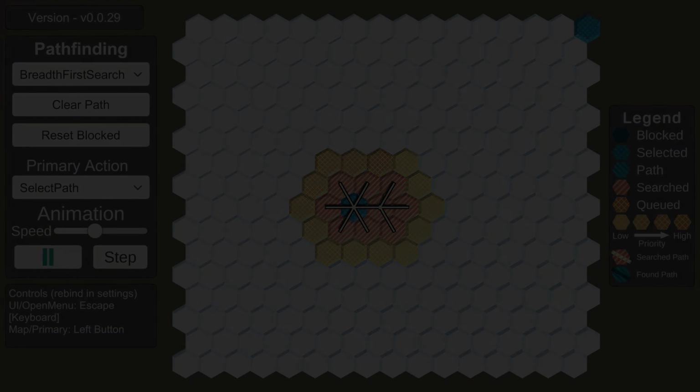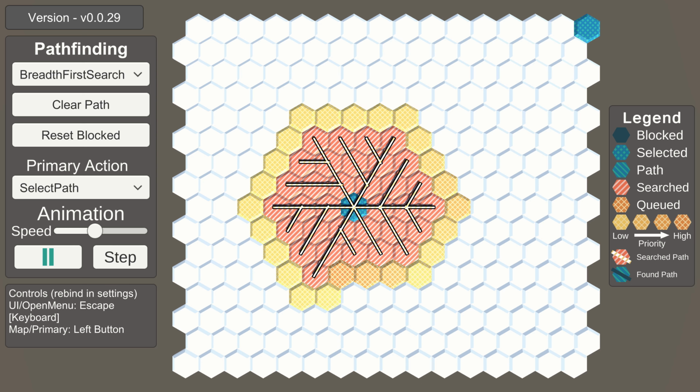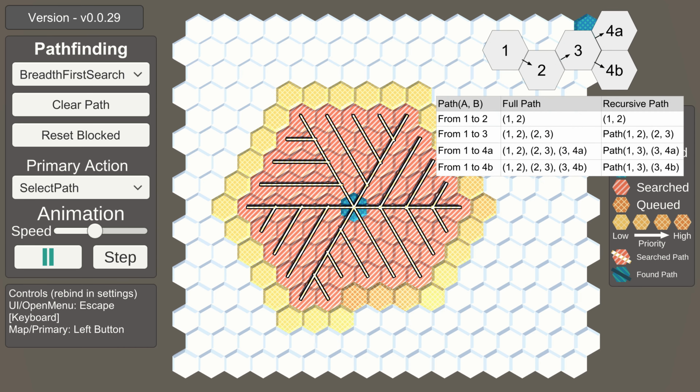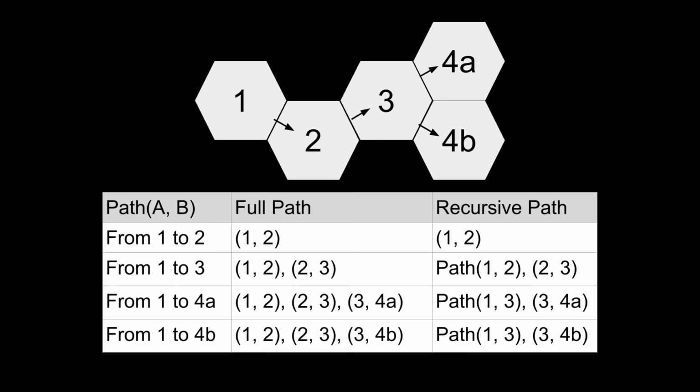The way the path is saved when we search a new node is called an inverted tree data structure. This recursively saves the path to a given destination using the path at a previous location. This allows for combining paths and saving computing time and space. This data structure is visualized using the lines drawn on the searched locations, creating that tree or web-like structure branching out from the start. I will review this data structure in greater detail in a future video.